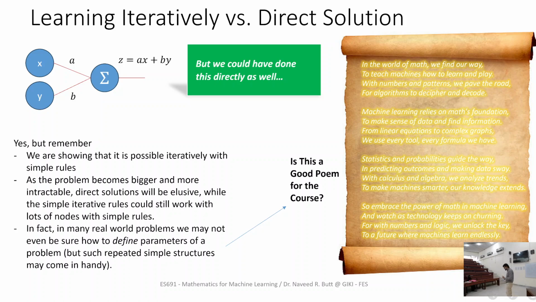But the thing is, that had a switch in it. I had asked it to give me this poem for my course on mathematics for machine learning, and there was this option that the creativity should be basic, medium, or high level. So I chose high level. Now, an algorithm not only generated this, but was able to tell itself with much surety that this is a